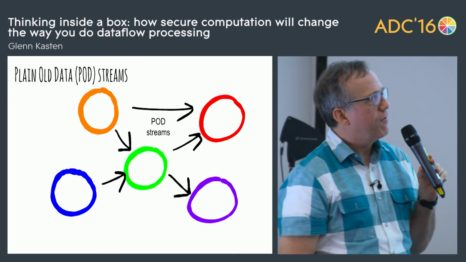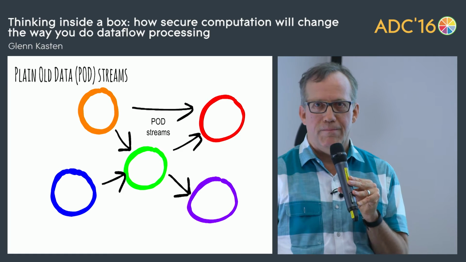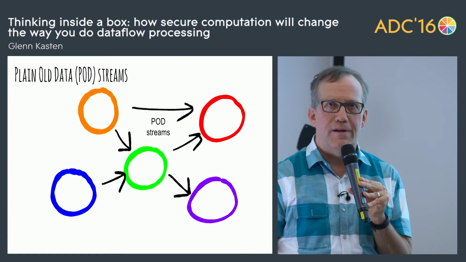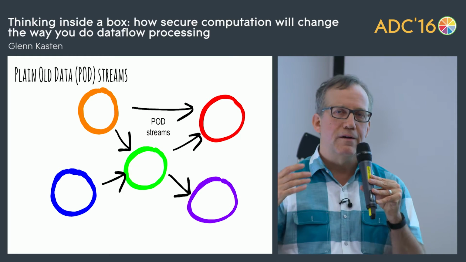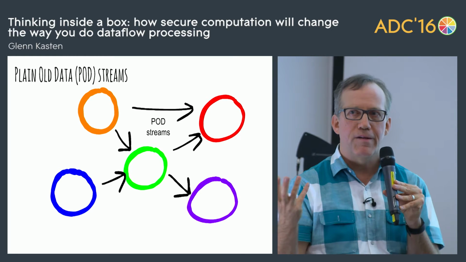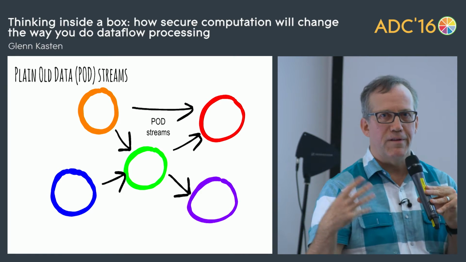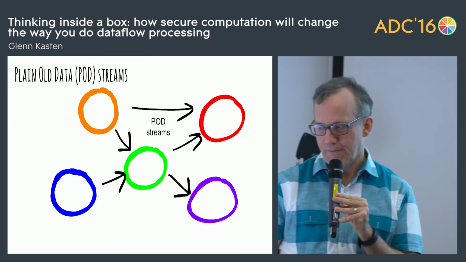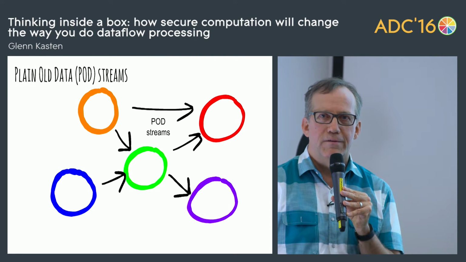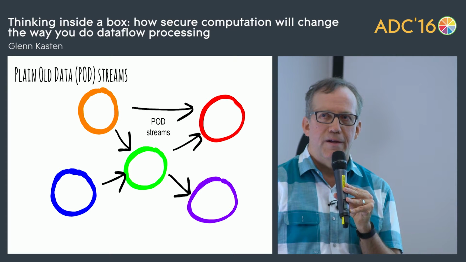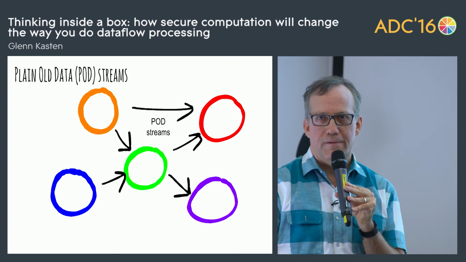And I'm also going to restrict myself for today to data that's plain old data. And by plain old data or POD data, I mean integers, floats, enums, booleans, and then conglomerations of those. So arrays of other plain old data, structures, things like that, but no references or objects. And the reason for that is that if you have plain old data flowing through a stream, it's very easy to copy it safely and without ever worrying about losing it.